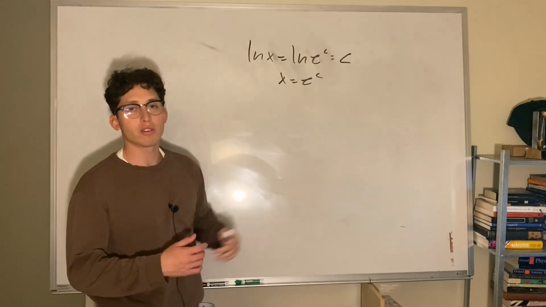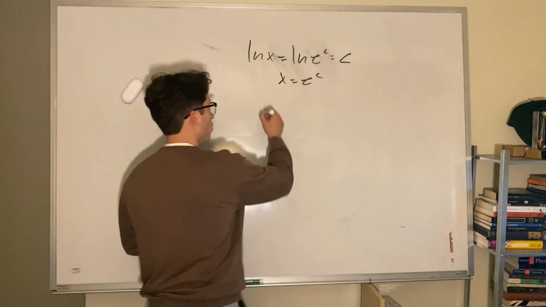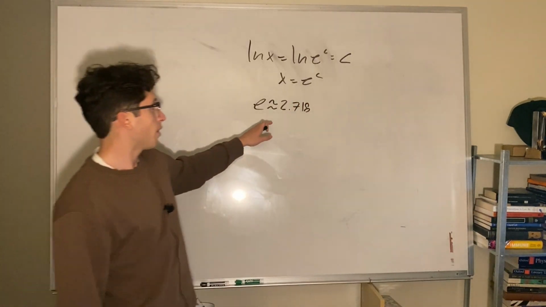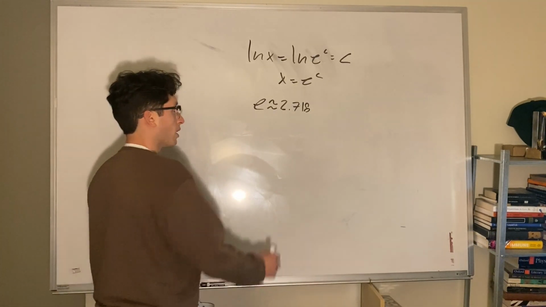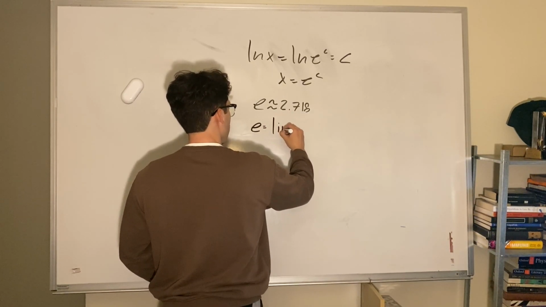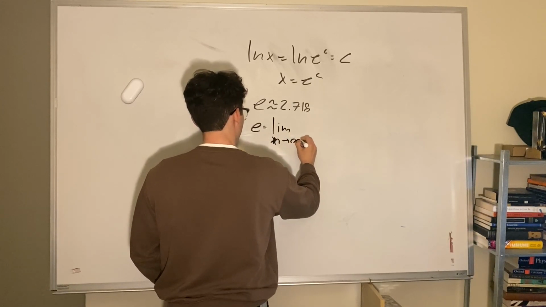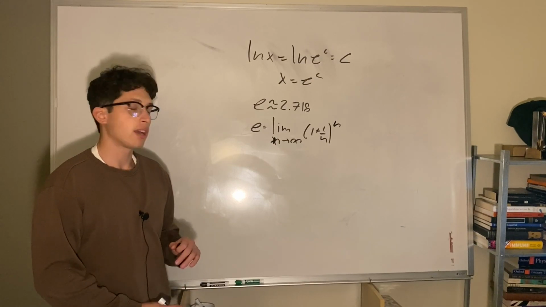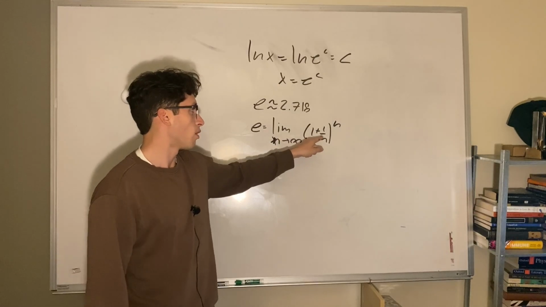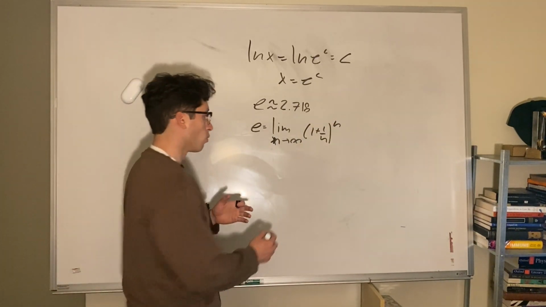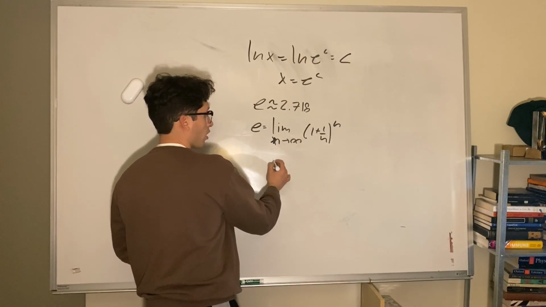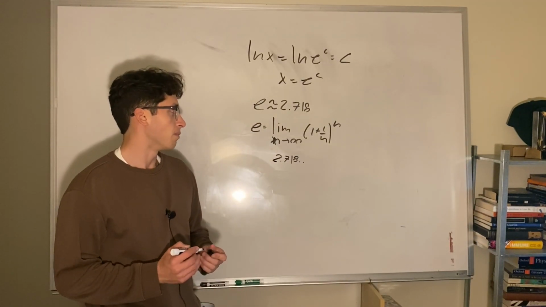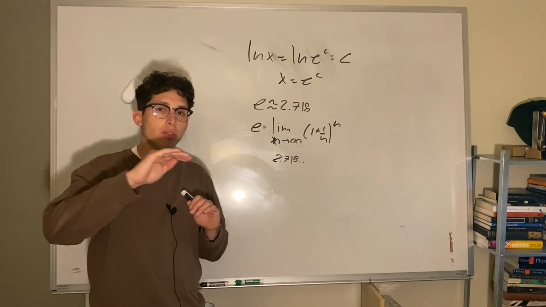Now, let me just give a background reasoning of why we use e. e equals roughly 2.718. Now, this has a lot of history behind it, but basically what e means is the limit as n approaches infinity of (1 plus 1 over n) to the power n, which if you break it down you will see that this basically means a growing number of 2.718 with the infinite decimal numbers behind it, which basically signifies a small growth rate, which can be graphed as,